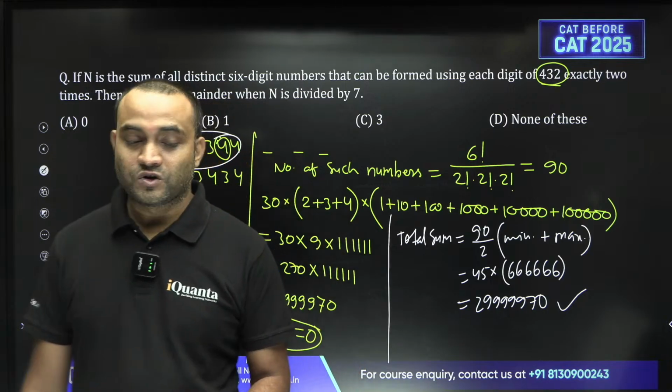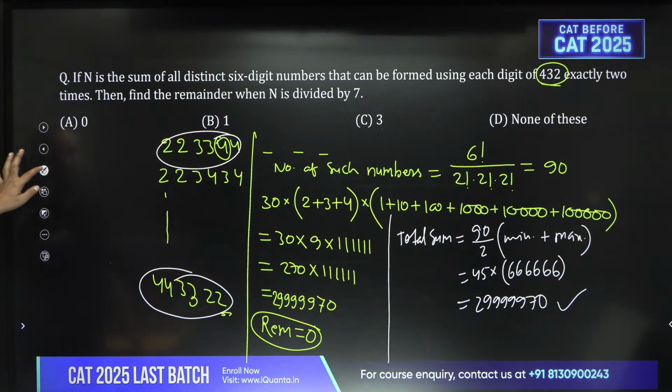For that you don't need to use any permutation and combination or any lengthy calculation. All right,